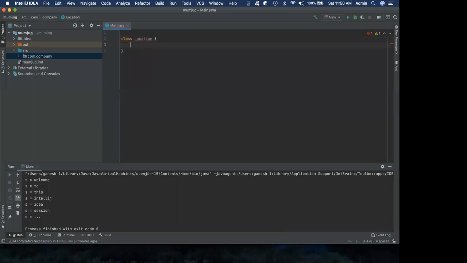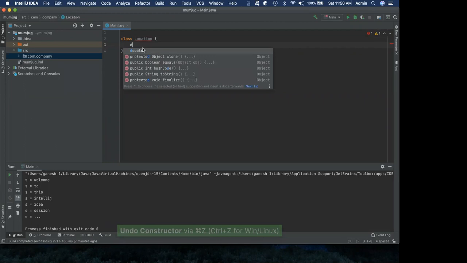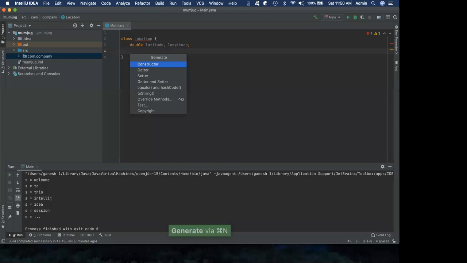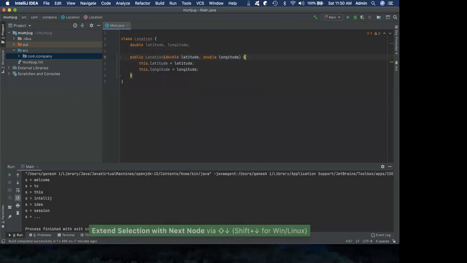Now in this location, I want to introduce a constructor. And before I introduce the constructor, let me introduce the latitude and longitude. Now let us introduce the constructors for the same.